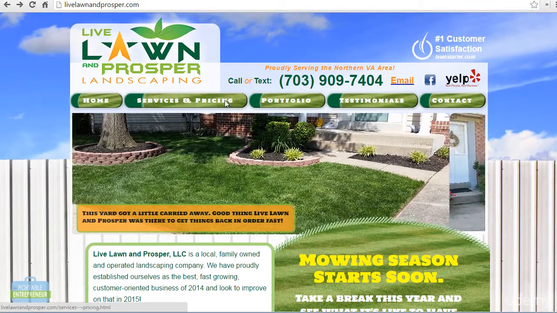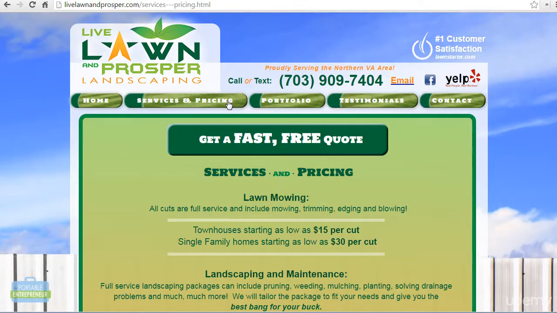I click on their services page, their link is livelonandprosper.com/services pricing.html. That is an awful URL. That is not something that I want to keep for obvious reasons. One, it is not optimized at all, and secondly, we have 3 dashes for some strange reason. So that is something that I will be changing, and we're going to look at how I can change that with the redesign process. But I also have